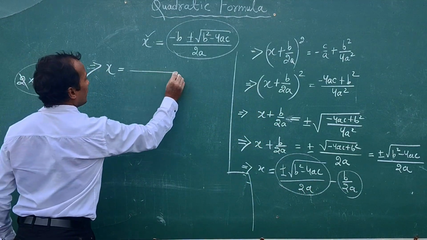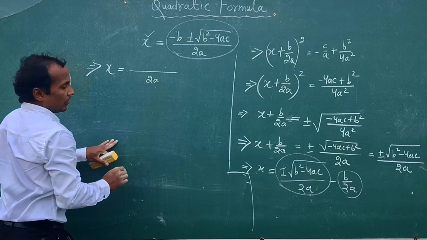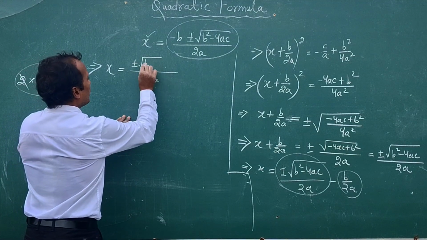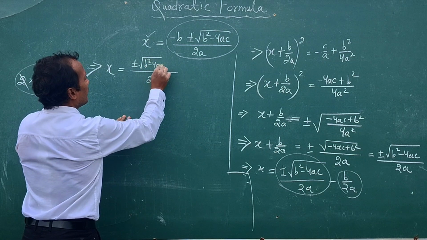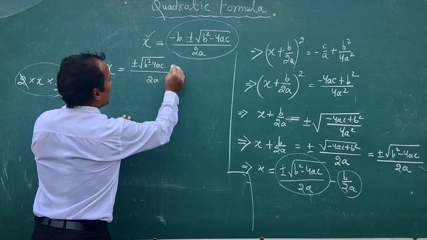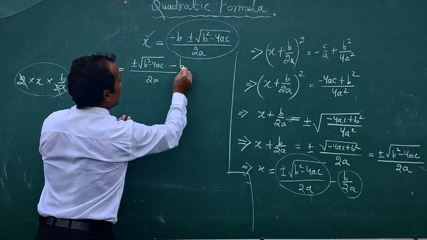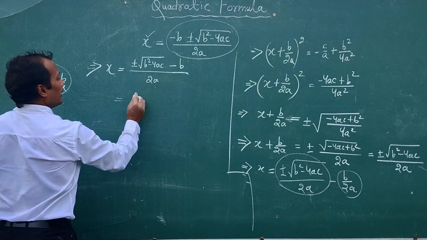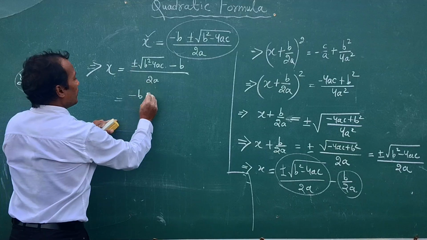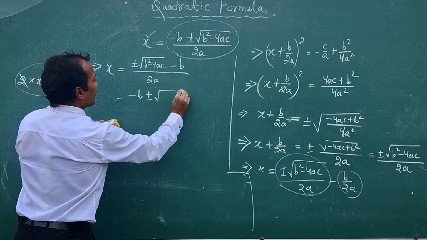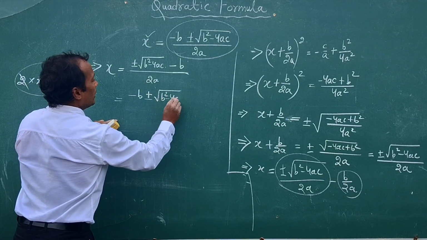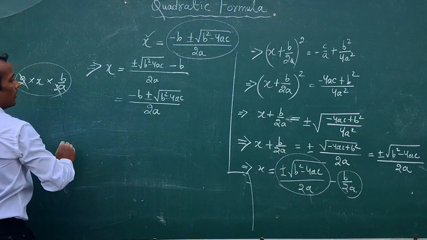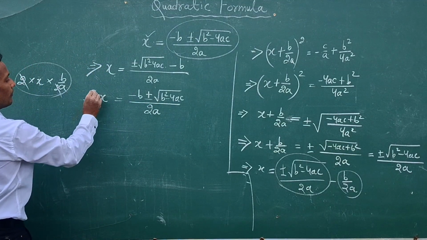Both the denominators are the same, 2a. So I wrote it. Now minus b, or in fact I can write minus b in the beginning, then plus minus square root of b square minus 4ac, by 2a. So x equals